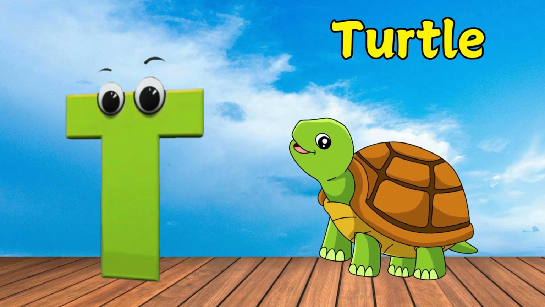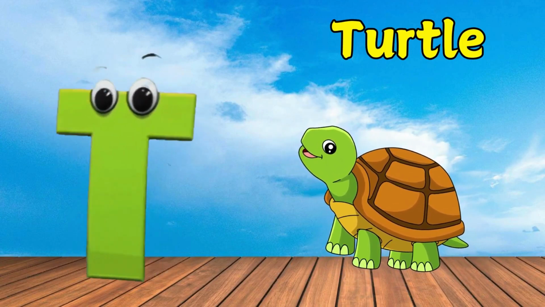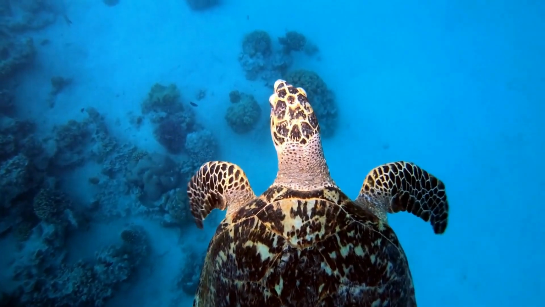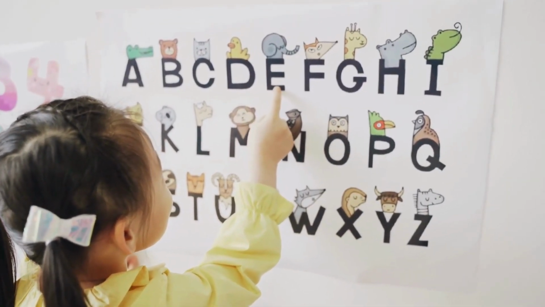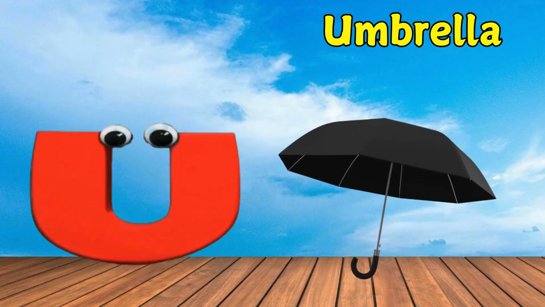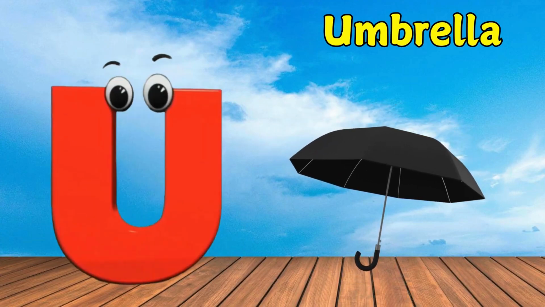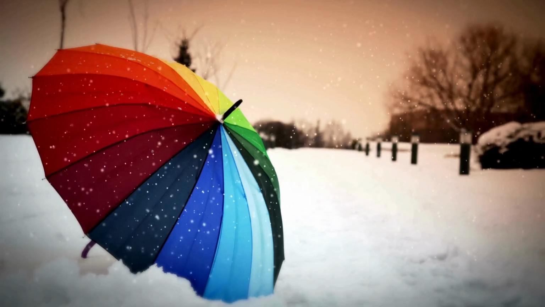T is for turtle, T, T, turtle. T is for turtle, T, T, T. U is for umbrella, umbrella. U is for umbrella,